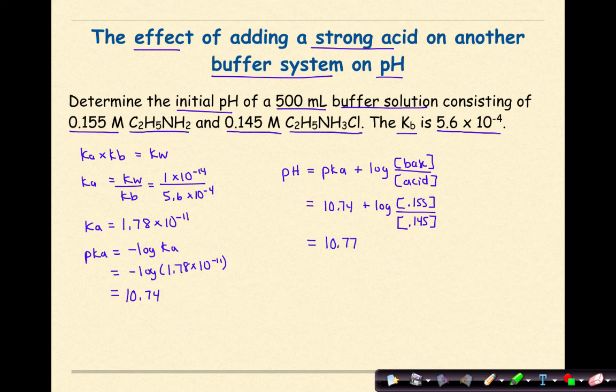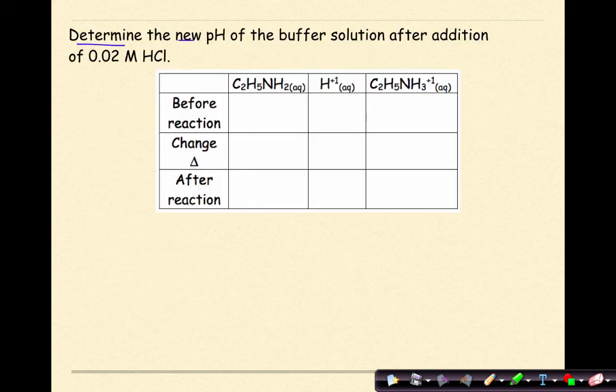10.77, and again, this will be prior to the addition of my hydrochloric acid. So I'm going to look at this pH again after the stress of the hydrochloric acid has been added. Determine the new pH of the buffer solution after the addition of 0.02 molar HCl. So in this case, we have